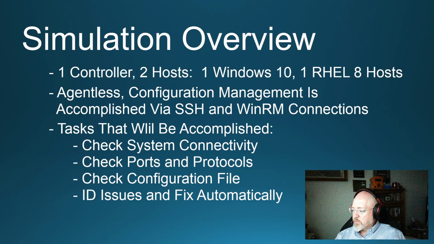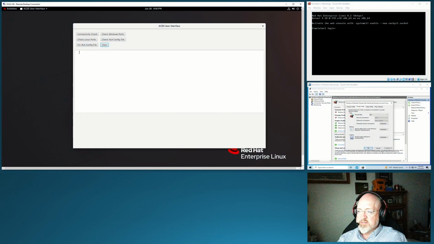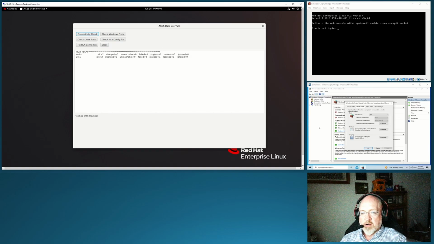So with that being said, we'll move into our first simulation here for a connectivity check. So you can see on the left-hand side, we're pressing the button for connectivity check. The system's going to go out and check the Windows host and the Linux host, which are the small squares at the right-hand side there. The top one is Linux, the bottom one is Windows, and you can see both of those hosts are reachable. The unreachable equals 0. If unreachable equals 1, that means that the system isn't able to be contacted out there